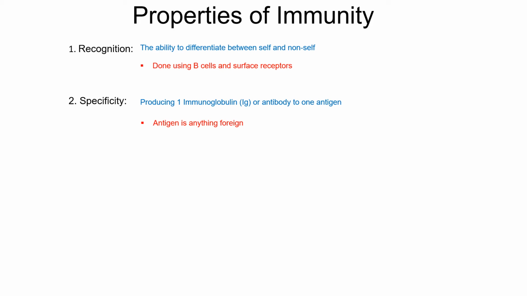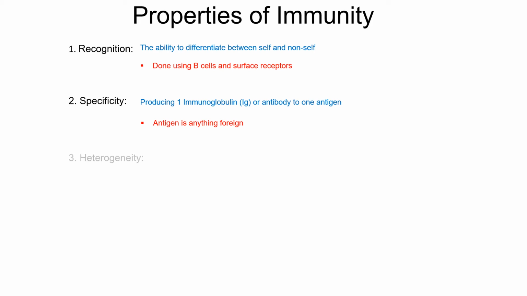This is where we have a problem with blood donation. If you have type A blood, and you're given type B blood in a transfusion, your body's immune system looks at those proteins and recognizes it as being foreign. And it will now respond to it by producing this one specific antibody to that antigen.